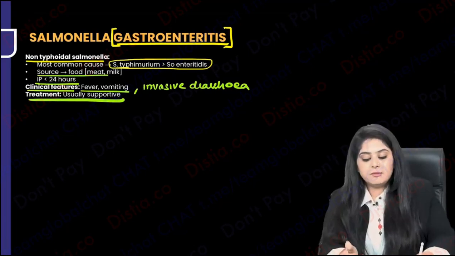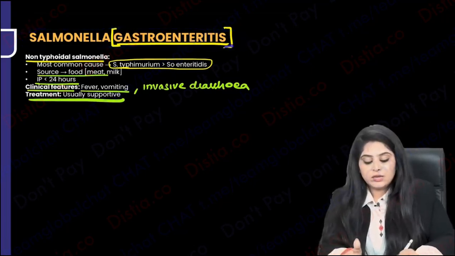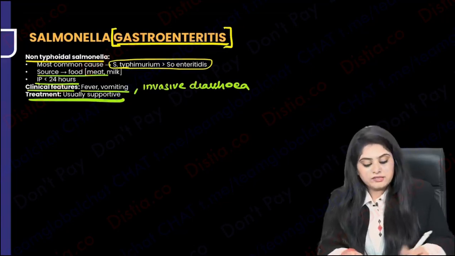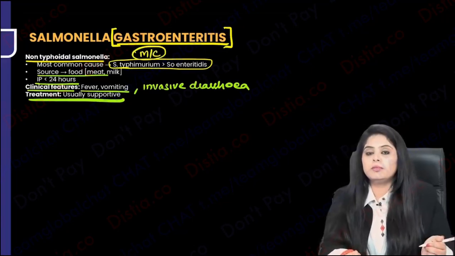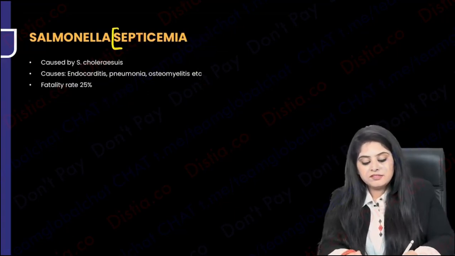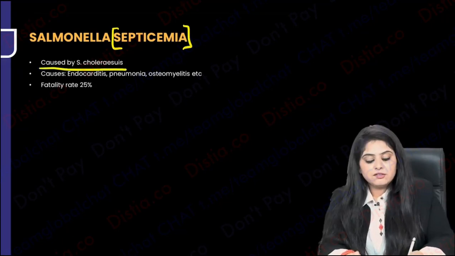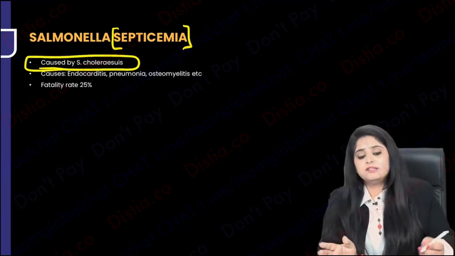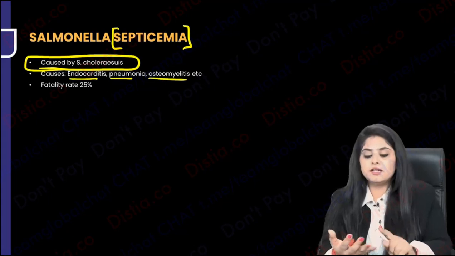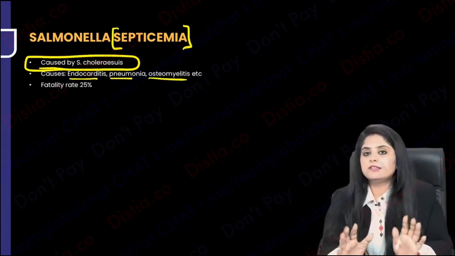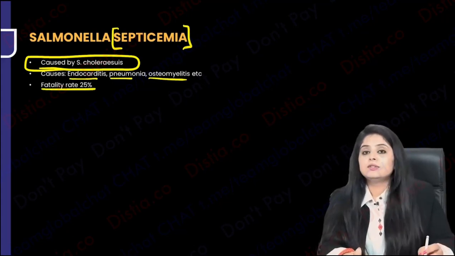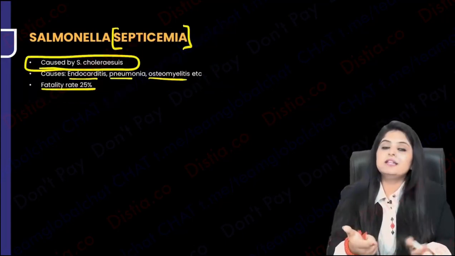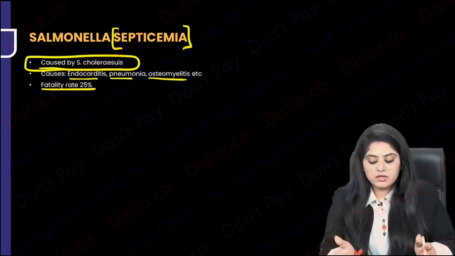So repeating once again, when I'm talking about Salmonella gastroenteritis, gastroenteritis will definitely come to your mind, but please note Typhimurium is more common. The most important question on this is that Typhimurium is more common. Similarly, Salmonella can also cause septicemia, and who is going to cause septicemia? Cholerae suis is going to cause septicemia. So Salmonella cholerae suis is going to cause septicemia. Septicemia means firstly all organs are affected, whether it is the heart or the lungs or the bones, osteomyelitis, and it is going to have a fatal rate. So in the non-typhoidal, there is gastroenteritis. Repeating, who causes it? Typhimurium, more common than enteritidis, and then there is Salmonella septicemia caused by cholerae suis.